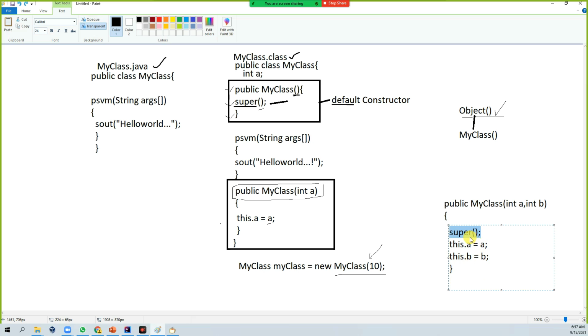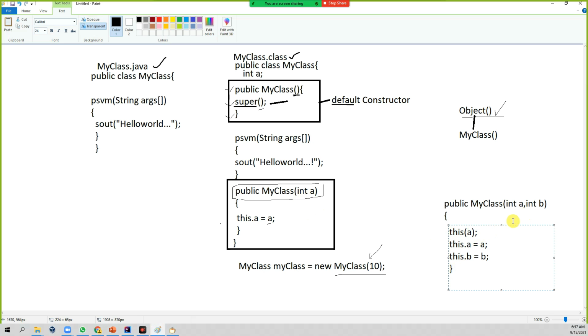The next thing is this. What does this mean? It is nothing but calling a constructor. Here, how many parameters does it have? Two parameters. If you want to call the one-parameter constructor, you have to call this(a) like this.